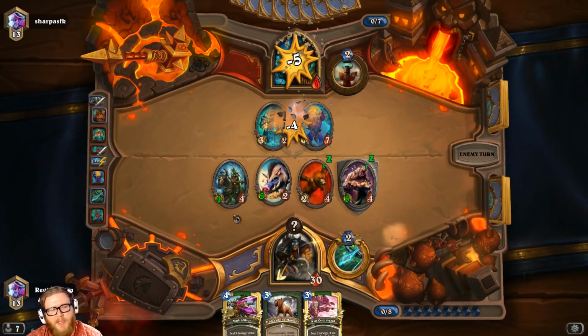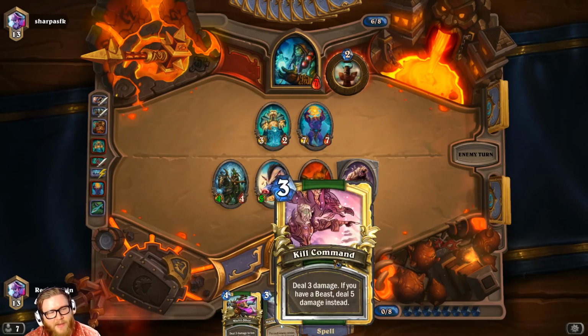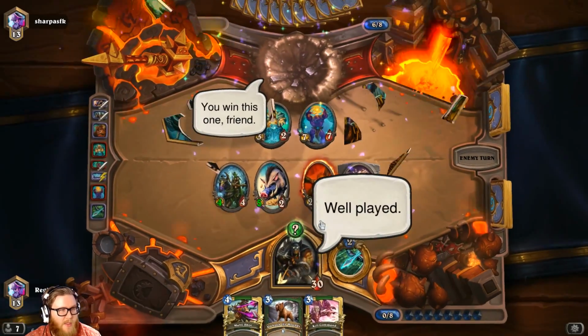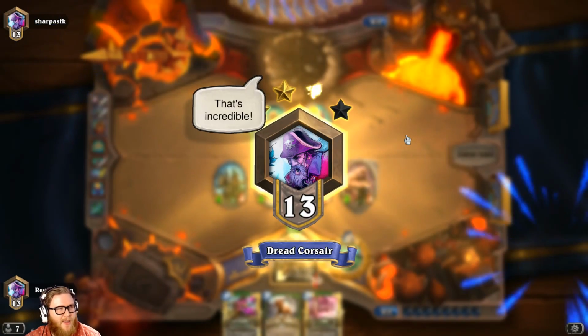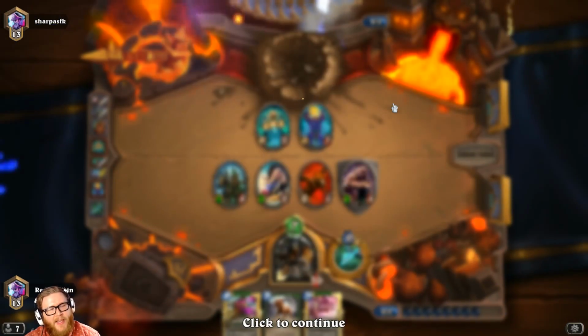I was thinking the Freezing Trap was still up, but it's not. So now we just have enough damage in hand. We can guarantee 7 damage with the Unleash here. Yeah, we just overran the dude. Look how many cards he has in hand. That's because we're sending everything back. Wow. 3 minions in this deck, and